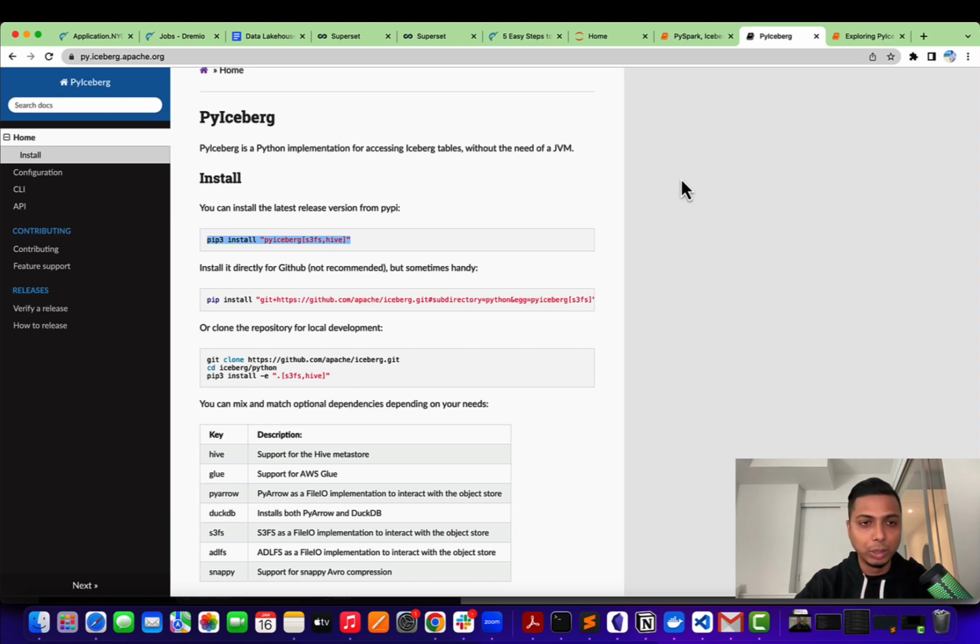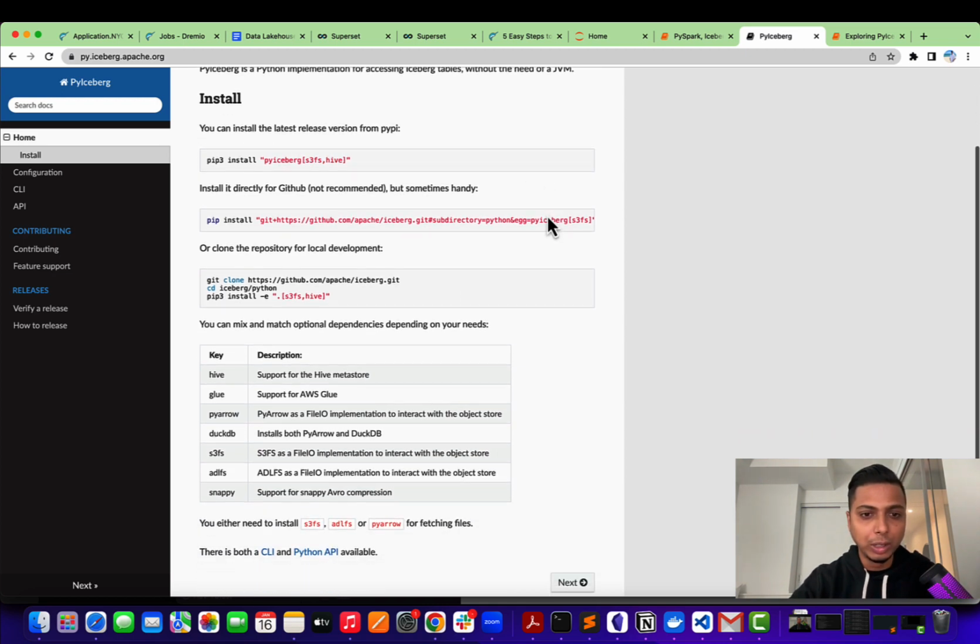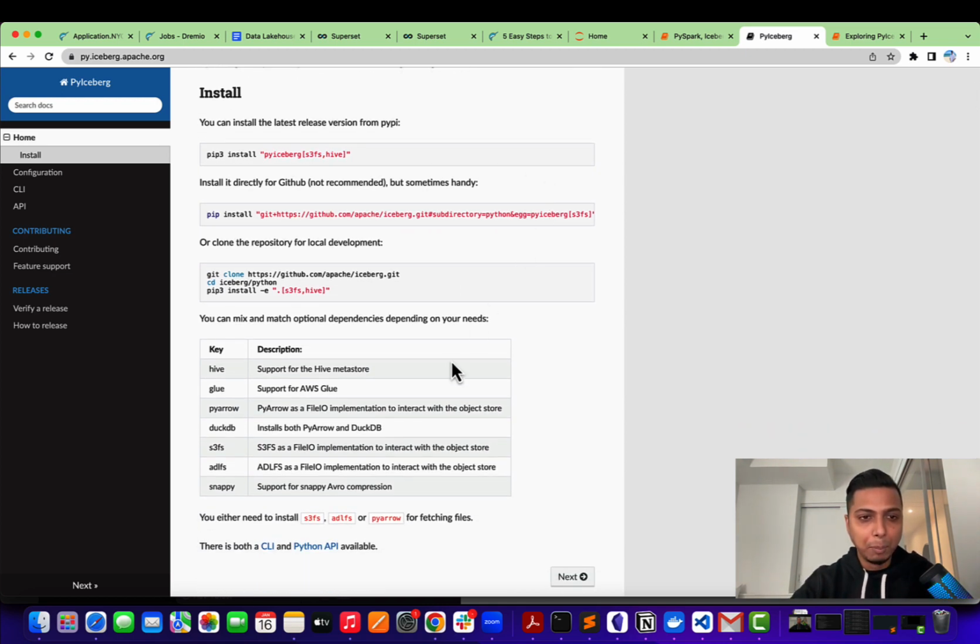JVM. The latest version, recently released a couple of days back, is 0.2.1, and you can install the latest release from PyPI using the command pip install PyIceberg, with different kinds of dependencies that you can supply, and we are going to come to that. One of the recent highlights of this release is that PyIceberg now supports the Glue catalog. So you can use the AWS Glue catalog along with PyIceberg, and start fetching your Iceberg tables